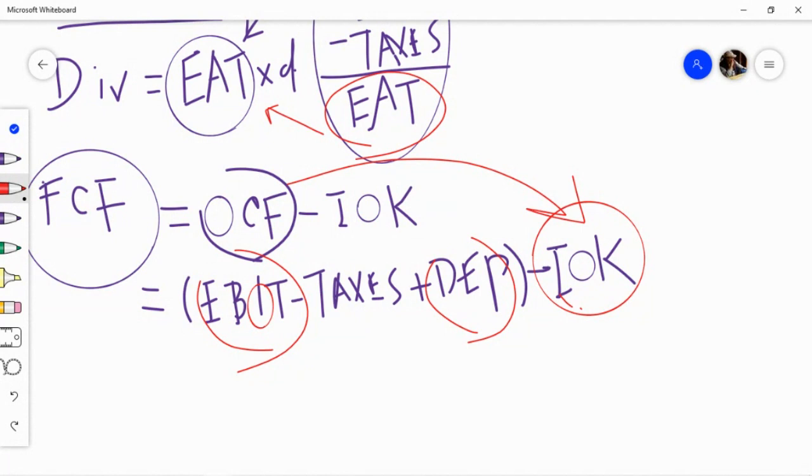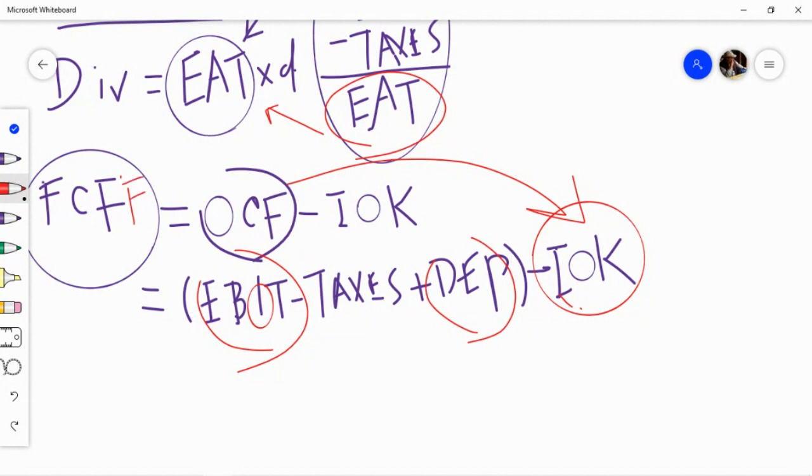So here's the thing. Where was I? Free cash flow, we defined it, and actually it's called free cash flow to the firm, and that's what we need. Oh, one more thing. I was talking about free cash flow to the firm.